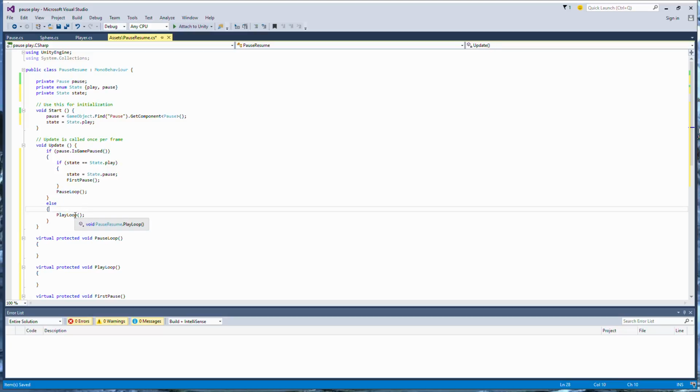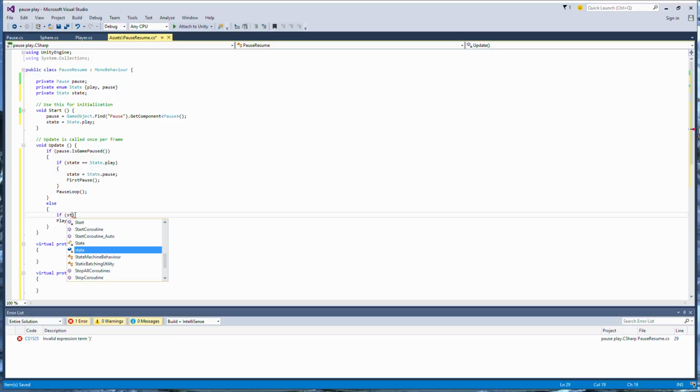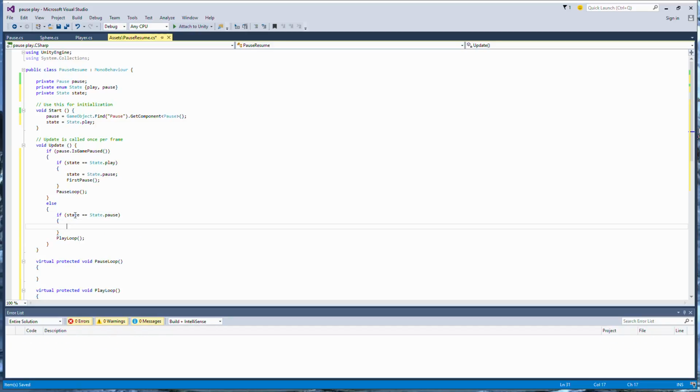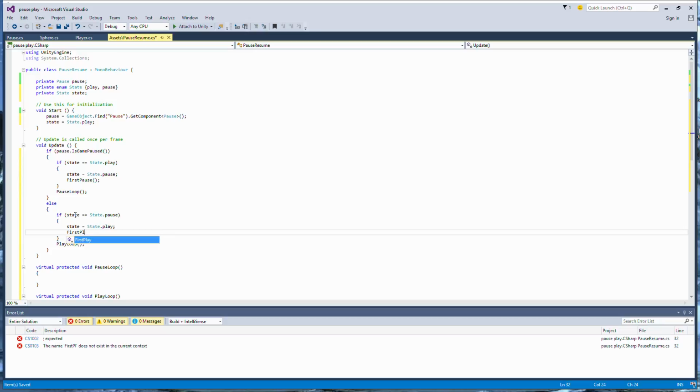And we're going to do that for the play loop as well. So if state equals state.pause, state equals state.play, first play. And finally,